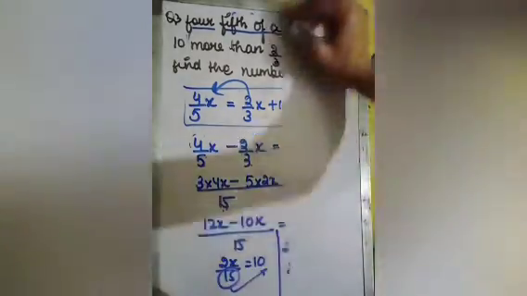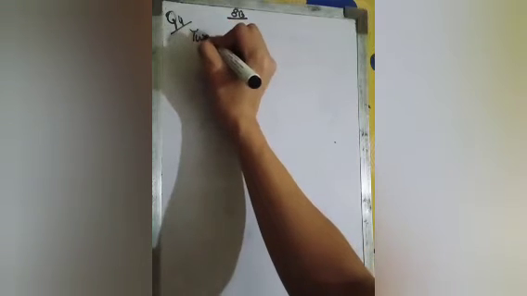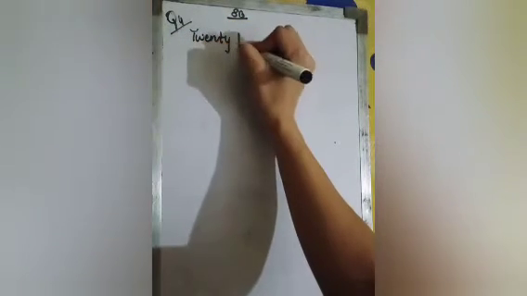Students, let's move on to question number 4. Question number 4 says, open your books and see the question. Question number 4 of 8b. We are doing the exercise 8b. It says 24 is divided into 2 parts.